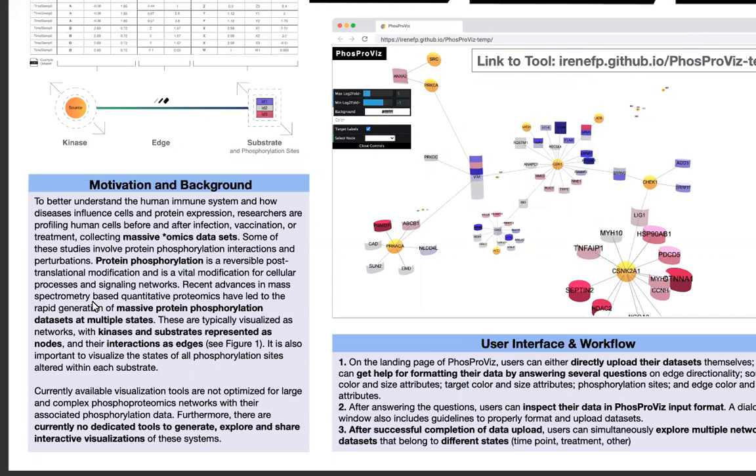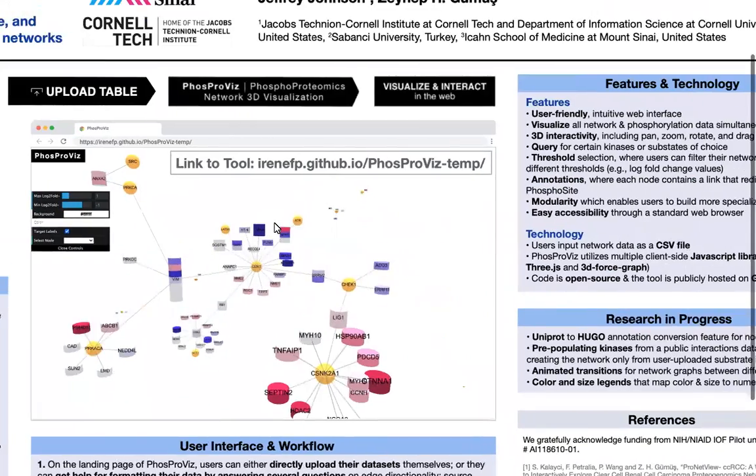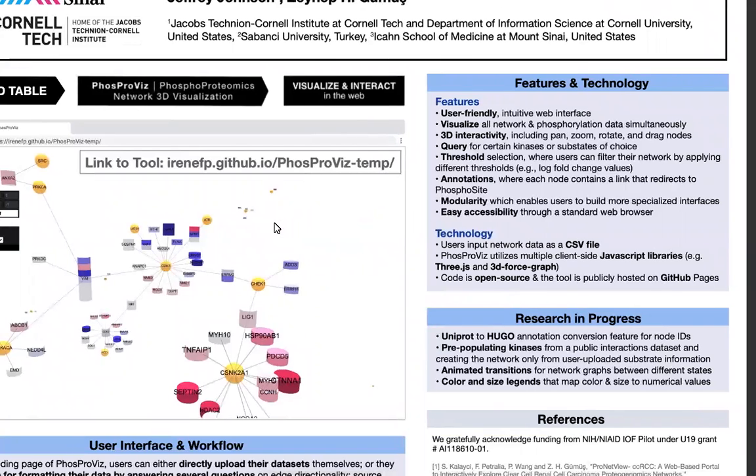We aim to develop a user-friendly, web-based tool, PhosProViz, that empowers users with even minimal computational skills to create shareable and interactive visualizations of phosphoproteomics network data. Let's talk about some of the features. Some features we'd like to highlight